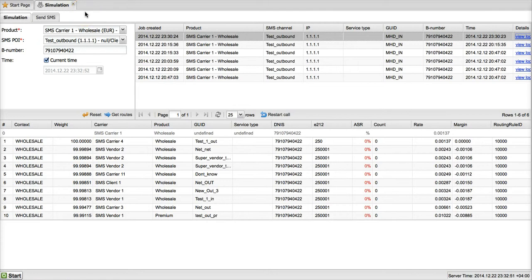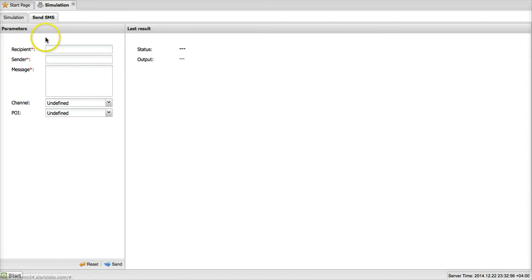So this was option number 1. And option number 2 is called Send SMS. And it's actually self-explanatory because it literally gives you the possibility to send an SMS generated by the system through the routing system to a real vendor if it's configured. So typically it's very good during the system setup time when you can test the route sending messages to your own cell phone. So here you can just type in the recipient phone number,